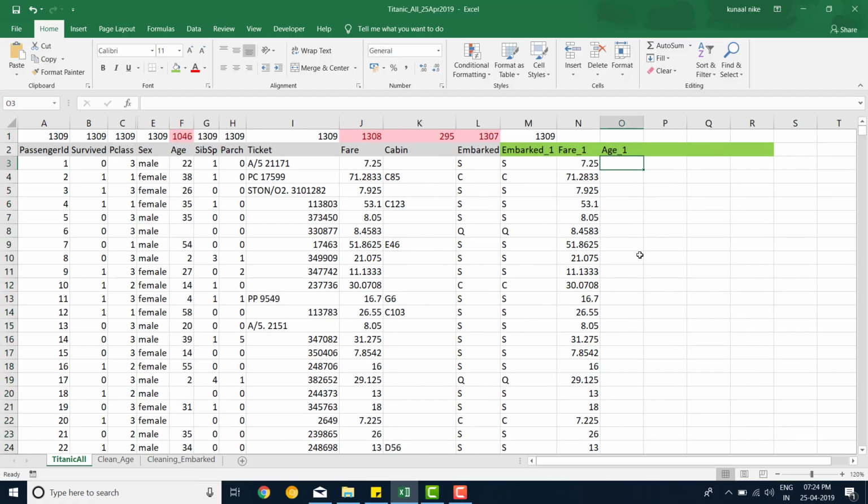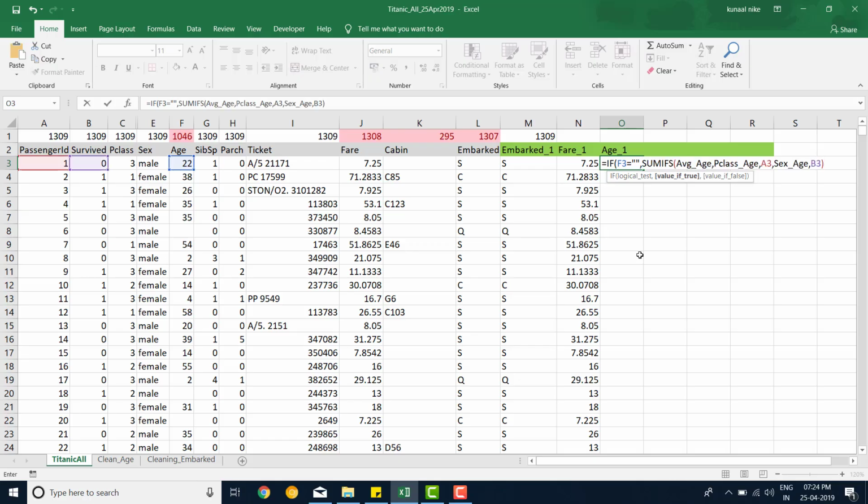And I'm going to say here: equals IF age is equal to blank, then I want the SUMIFS formula that I had written earlier, right? It's going to be the same formula. I can just take it from there and put it here. But the only difference will be that, sorry, I'll better write this formula. It's going to be SUMIFS,